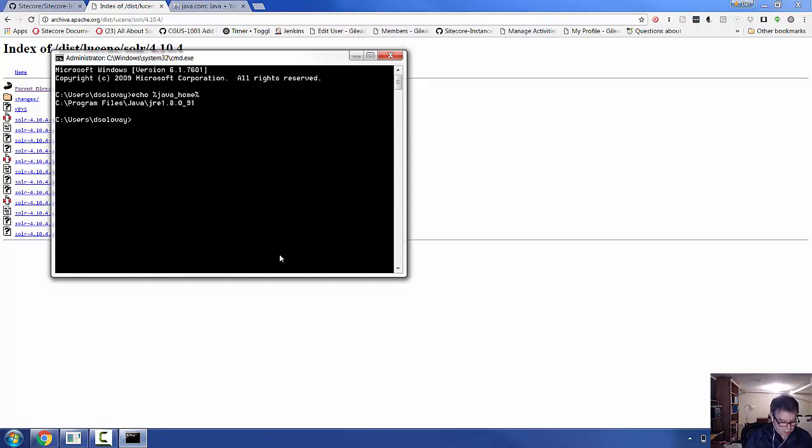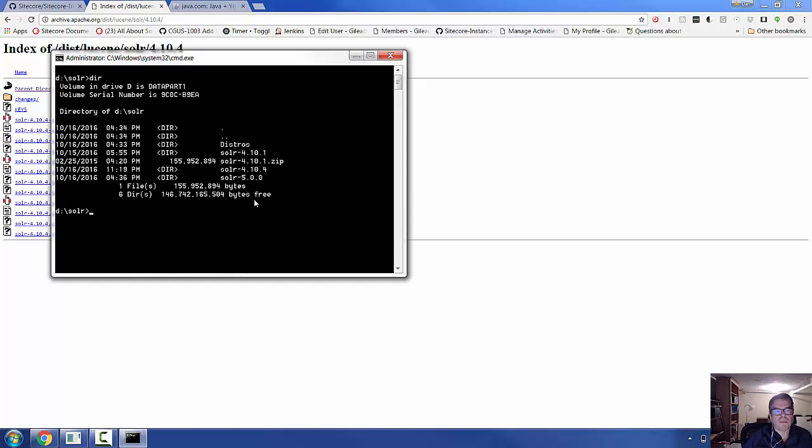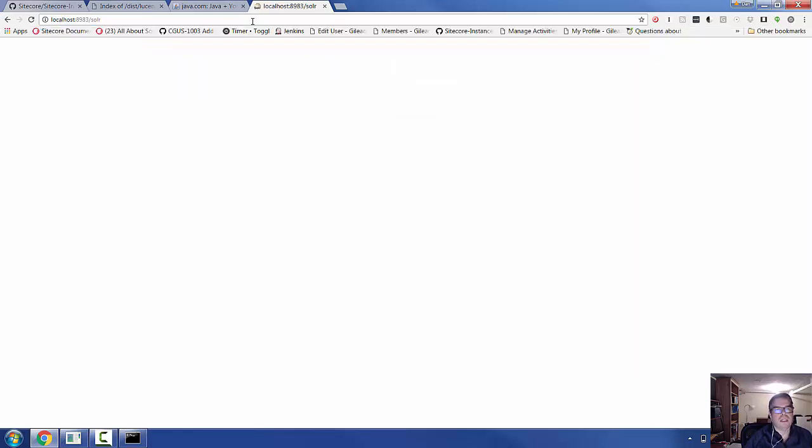And I've put these into a distro folder, so let's go there. So you see I have my zip right here, and I've actually unzipped it to this location. You see I have several different Solrs, but here's Solr 4.10.4. I don't believe I have that running. I confirmed that by going to localhost:8983/solr. And this site can't be reached because I don't have it running, but we can fix that